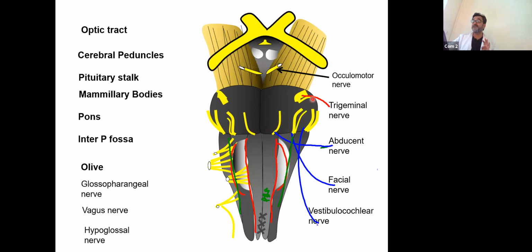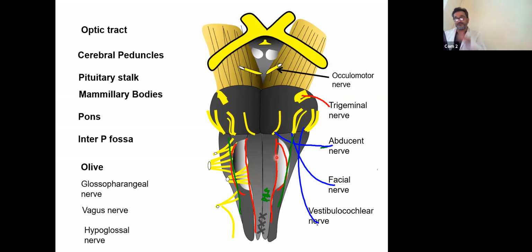You are seeing third, fifth, sixth, seventh, eighth, 9, 10, 11, and 12. You are seeing all these nerves except the fourth cranial nerve, which is the trochlear, which comes out from the back of the brainstem. That's why all of the others are coming out from the front of the brainstem, except the one coming out from the back, which is the fourth cranial nerve. It is going to supply one muscle in the eye, which is the superior oblique. So the oculomotor nerve supplies all the muscles of the eye which move the eye except two muscles. One is lateral rectus, which moves the eye outward, and the other is the superior oblique, which is supplied by